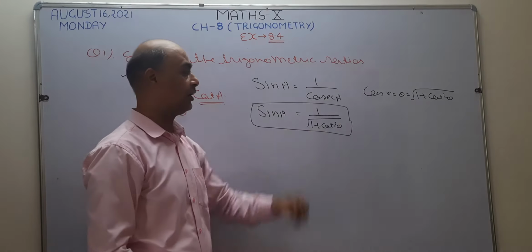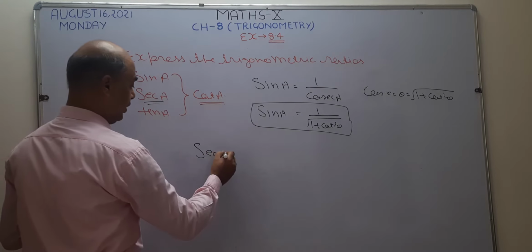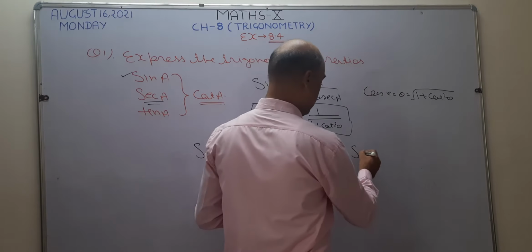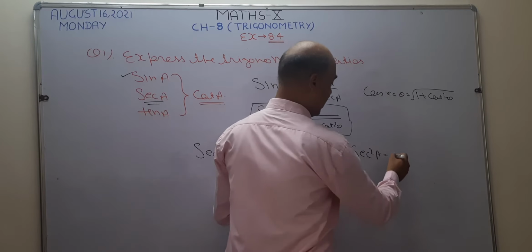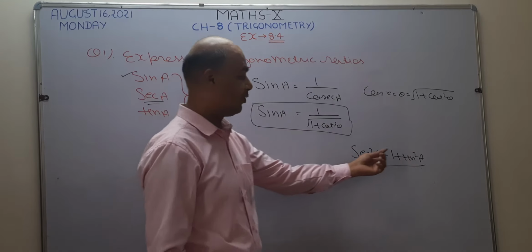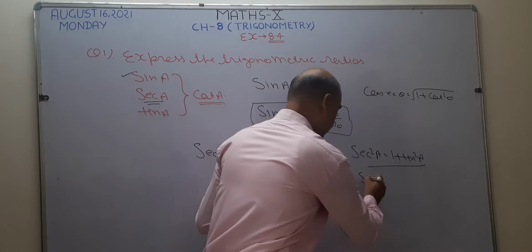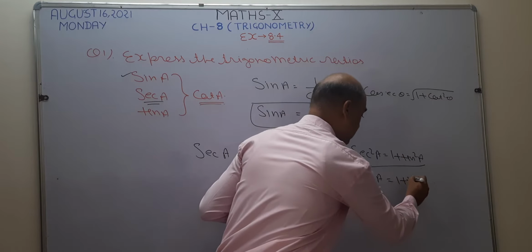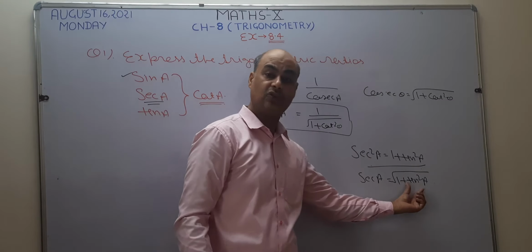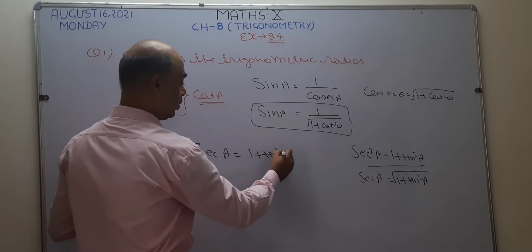Now see, the answer of sin is in terms of cot square, using this identity. Now next one is secant A. And you know the identity of secant square A. Secant square A is equal to 1 plus tan square A. When I want to remove this square, it will become a square root. It means secant A can be written as the square root of 1 plus tan square A. Secant A equal to root of 1 plus tan square A. So instead of secant A, I want to write 1 plus tan square A and its root.